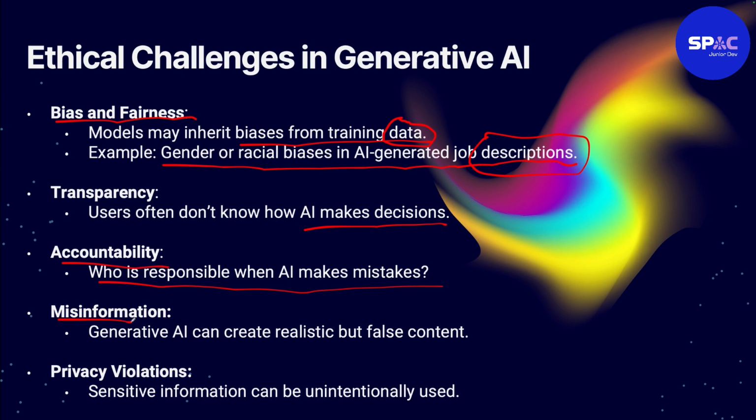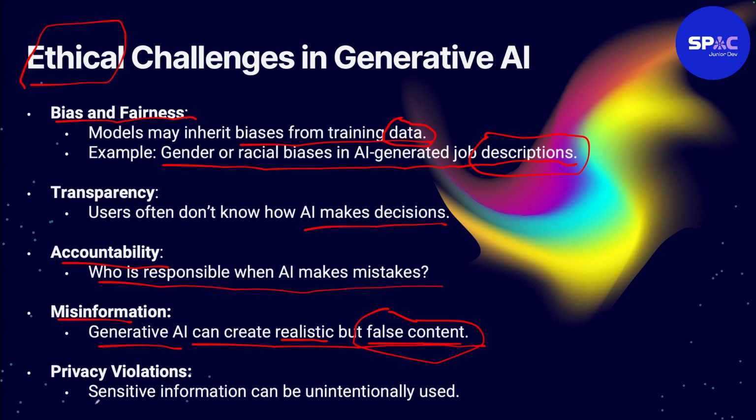Misinformation. It is also possible for generative AI to create realistic false content, false content that looks real, especially during elections or riots or something like that. Right now it's even difficult to know what is being generated by AI and what people actually put out there that is from a human, right? So we have to make sure that the content has accurate information, and that is why we have ethical concerns about that.